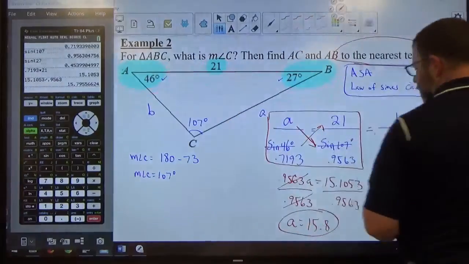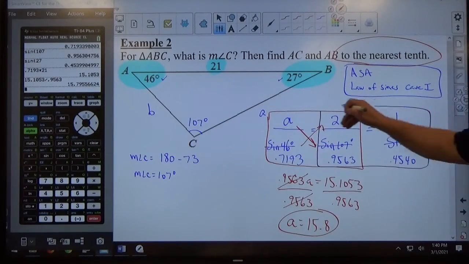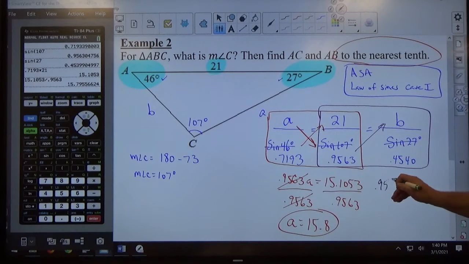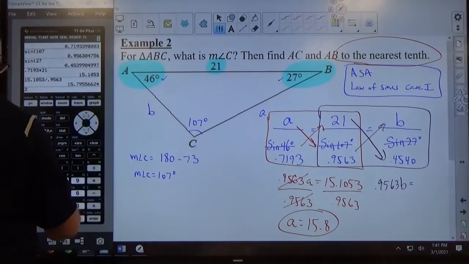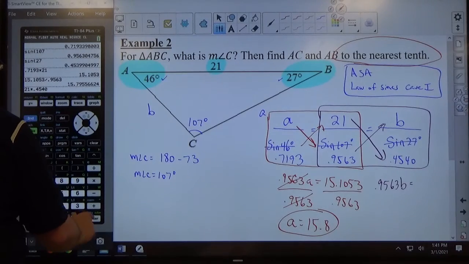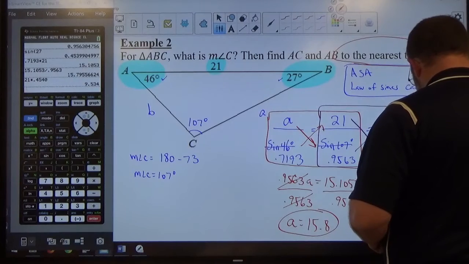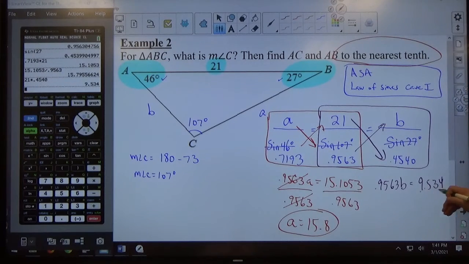Okay, if I do the same process to find b, I'm going to take the right two fractions here, and I'm going to cross multiply them. 0.9563 times b is equal to 21 times 0.4540. Comes out to 9.534. So if I divide both sides by 0.9563,